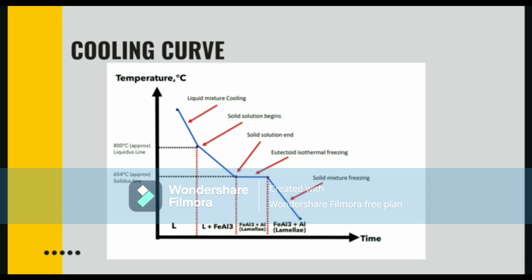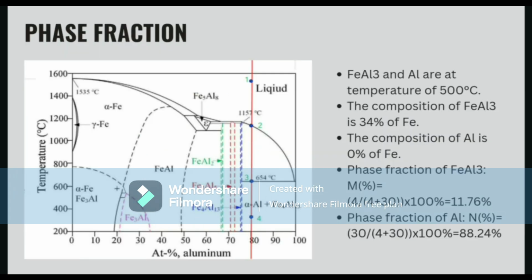So this is the cooling curve of the process of solidification that I have mentioned before. This is the graph of temperature against time, and we can see the temperature of 800 degrees Celsius, which is the liquidus line, and a temperature of 654 degrees Celsius approximately as the solidus line. So about the phase fraction,